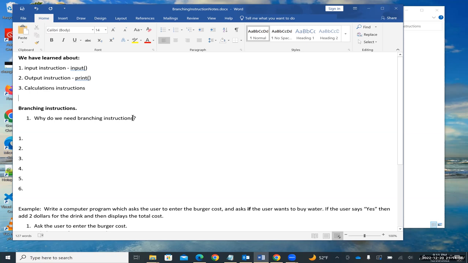So why do we need branching instructions? What are the branching instructions? Why do we need these branching instructions? So sometimes when you write a computer program, again, what is a computer program? It is a set of instructions, right, to the computer. So sometimes you want the computer to decide whether to skip a bunch of instructions or to execute a bunch of